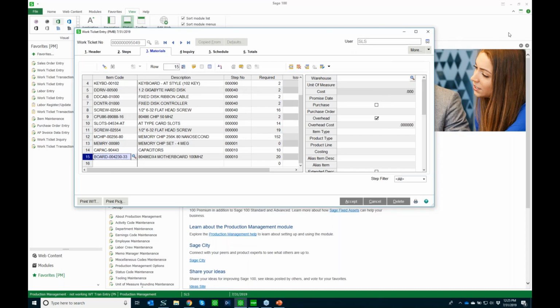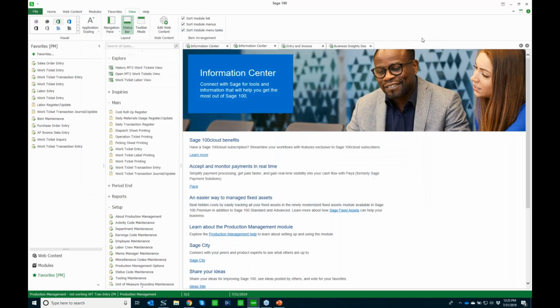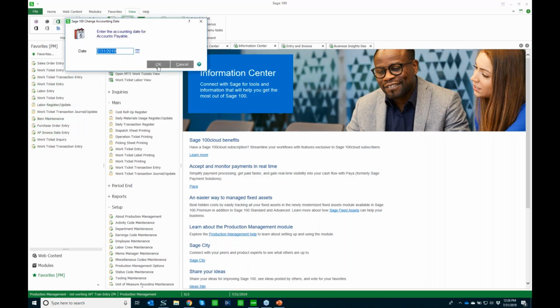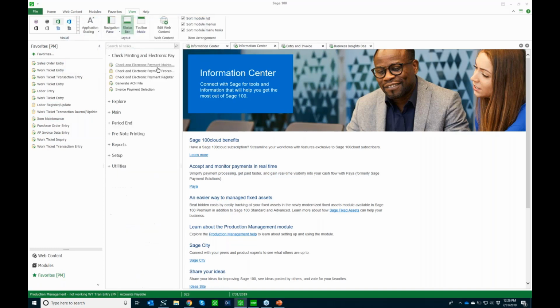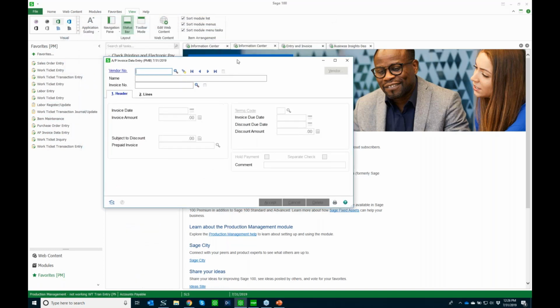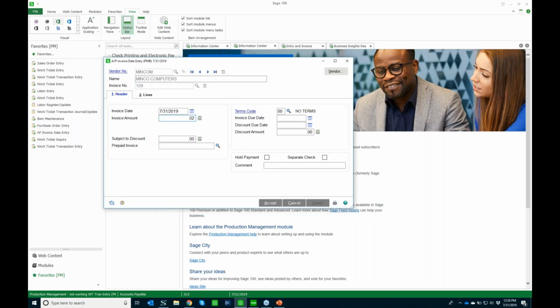All right, one of the other things that you can do within the work tickets now, and this is a new feature with PM that wasn't in work order, is an AP invoice. So if you received a freight bill that you wanted to put on the work ticket as an associated cost with that particular work ticket, you can go ahead and add that. You can grab your vendor, whoever that is, whatever the invoice is, put the amount in, and then when you go to the lines,